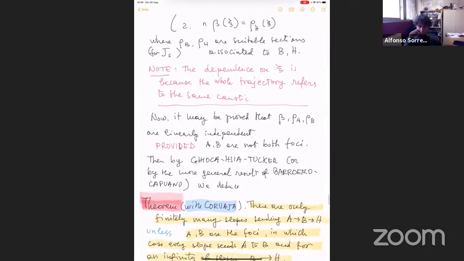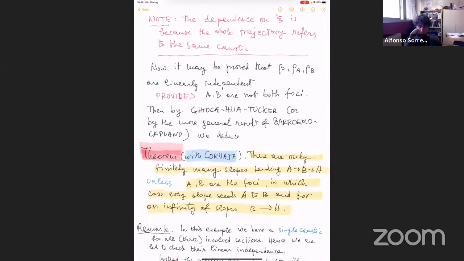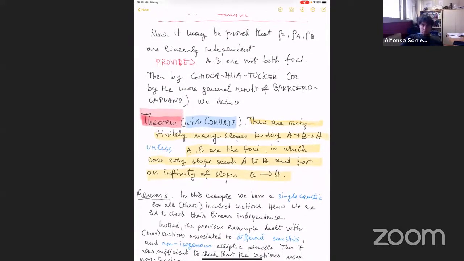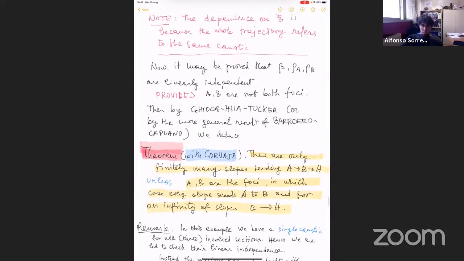So this theorem requires the application not merely of the results with Masser, but either of the result by Gioia, Garcia, and Tucker, or the generalization by Barroero and Capuano. So this is the theorem with Corvaja. There are only finitely many slopes sending A eventually to B and eventually to H, unless A, B are the foci, in which case every slope sends A to B, and for an infinity of them, they go to H. The proof of these theorems corresponds,